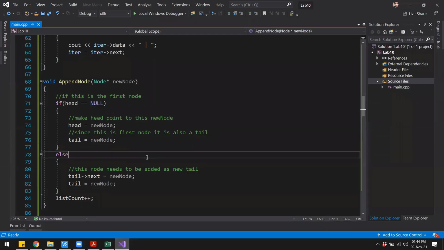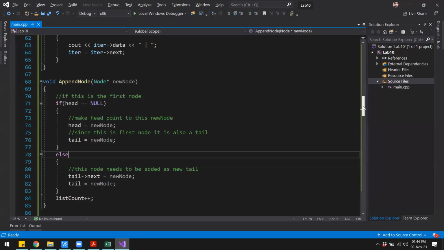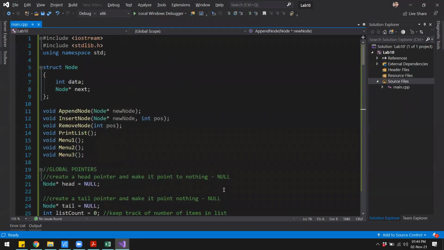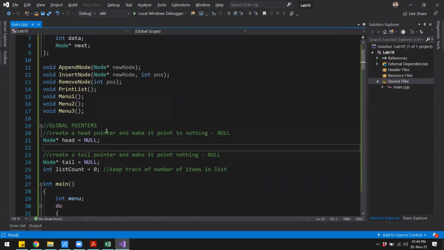Now when we append to a list, initially or by default the list will be empty. That means there will be no node in the list, and the head and the tail pointer will be pointing to null. How do we know that the head and the tail will be null? Well, it is written over here. When the program starts, the head and the tail pointer are made to point to null.